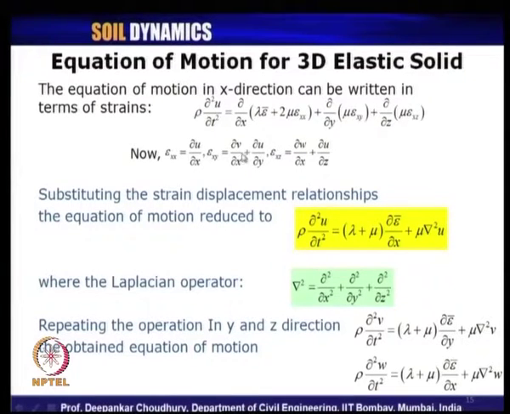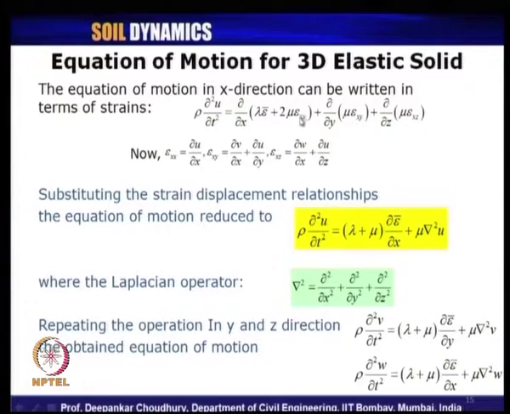So, that sum will give us the corresponding shear strain, right. Similarly, for epsilon xz also we can get del w by del x plus del u by del z. Now, if we substitute this strain displacement relationship in this previous equation, how will this equation be further simplified and reduced to the reduced form, that is rho del 2 u by del t square on the left hand side, which remains the same. On the right hand side, now we are putting the expression for all these shear strain and normal strain.